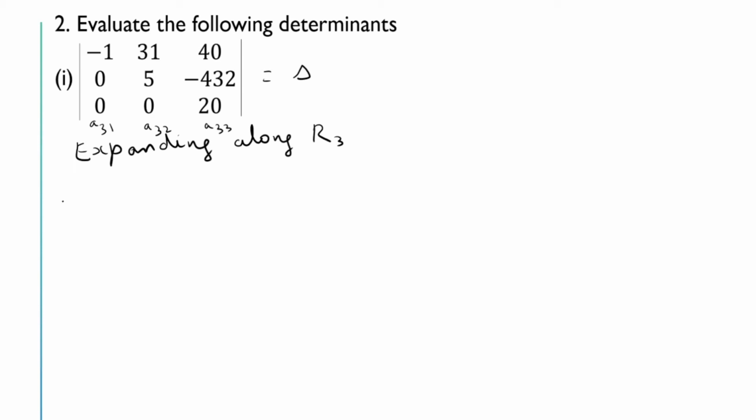So if we want to expand along the third row, then delta is equal to minus 1 the whole raised to 3 plus 1, 4, into 0, that is, we have to take this element 0 and we have to remove this row and this column, into the determinant of 3 1, 4 5, minus 4 3 2. This determinant, then